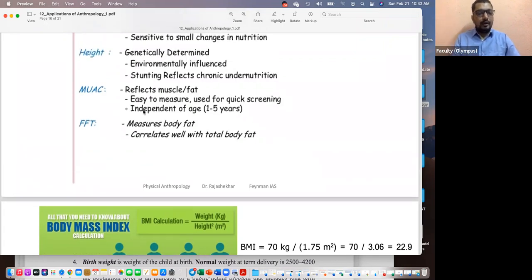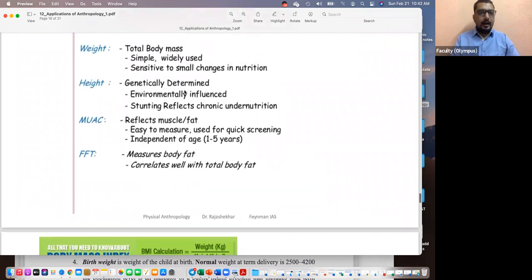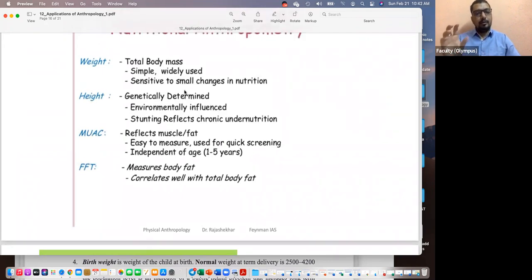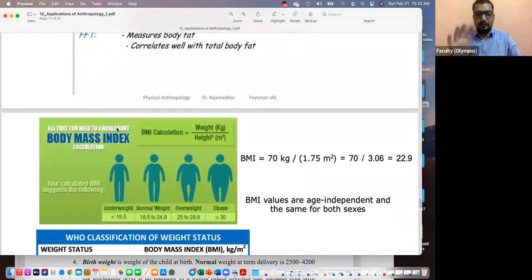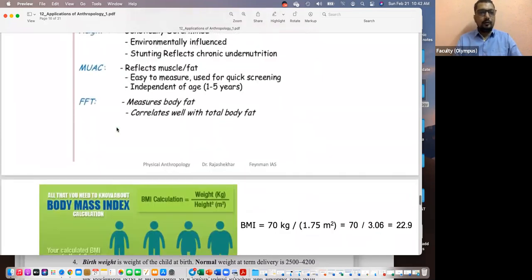And this MUAC would provide us the muscle gain. Height can provide us the health related to the overall height requirements. Weight can provide us the body mass requirements. So simple measures can give us an average picture about the nutritional aspect of that person, and at the population level, in a given region, how well they are fed. What is the reason behind the malnourishment, which is reflected in the changes in their weight, height, and the fat and muscle components. Like that, 4 such measures can be easily taken. These are anthropometry-wise, the 4 simple measures we can take.